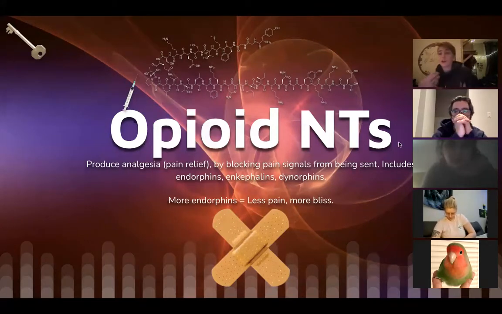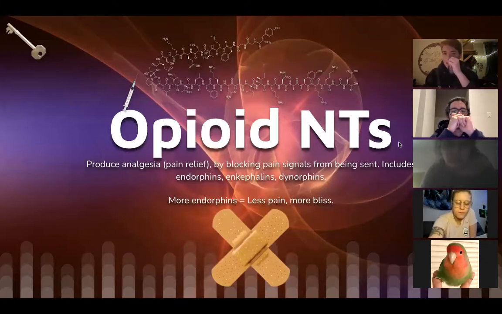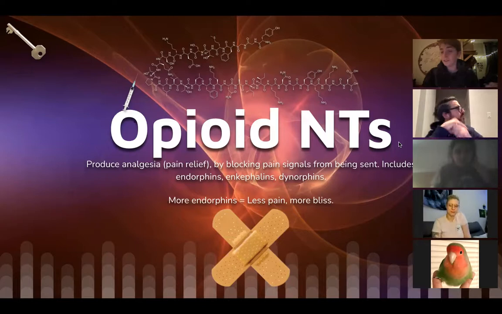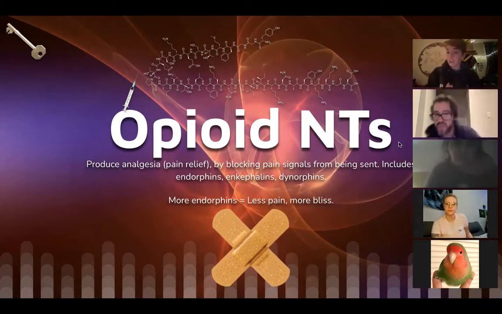Okay. Then there are naturally occurring opioids in your body, and there are a couple of different kinds of these. We're not going to go into the specifics of what they are during this class, because it's pretty complicated. That would be kind of DrugsCo 2.0. But we have naturally occurring opioids in our bodies. The most common example of this is endorphins. You get a runner's high after you go running. You feel kind of blissful and peaceful and calm, and it's because of naturally occurring opioid activity in your body. So more activity from endorphins, as an example, means less pain, more calm and sedation.